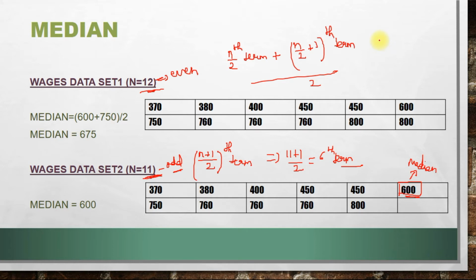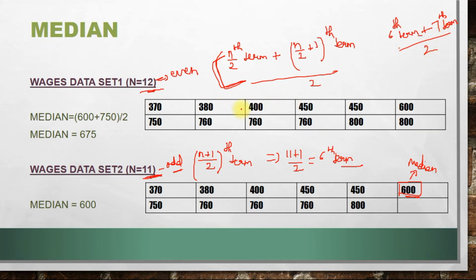So here we have a total of 12 observations. Middle means simply the first thing that clicks in our mind is just divide the number by 2. So 12 by 2 is 6. This is the n by 2 which we usually do. From there we get the first middle term, which will be the sixth term, plus, because in the case of an even number of observations we have two middle terms, the next term will be the seventh term. So simply we have to take the average of the sixth term and the seventh term. That's why we are dividing it by 2.